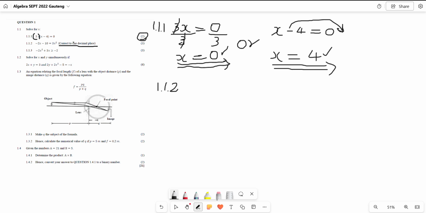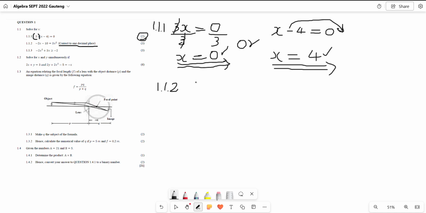I will repeat. If you have this note saying correct to 1 decimal place, or correct to 2 decimal places, this is an indication that the quadratic equation cannot be solved using factorization, but we can apply the quadratic formula. Now, in this case, we are given a quadratic equation. The first step we need to undertake is to make sure that we have the quadratic equation in the form